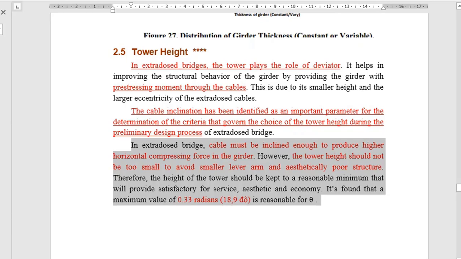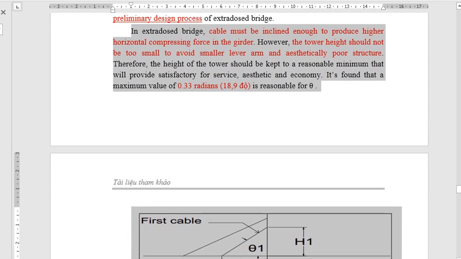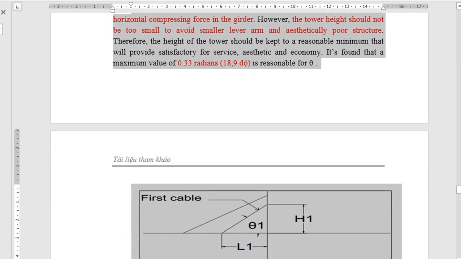In extradosed bridge, cable must be inclined enough to produce higher horizontal compressing force in the girder. However, the tower height should not be too small to avoid smaller lever arm and aesthetically poor structure. Therefore, the height of the tower should be kept to a reasonable minimum that will provide satisfactory service, aesthetic and economy. It's found that a maximum value of 0.33 radians is reasonable for